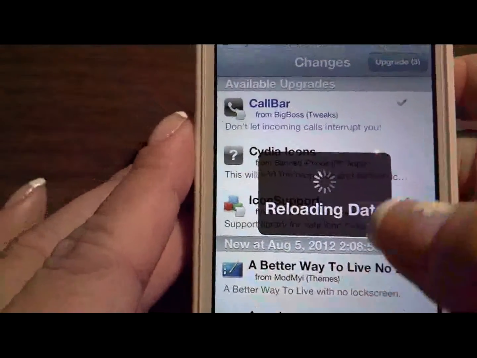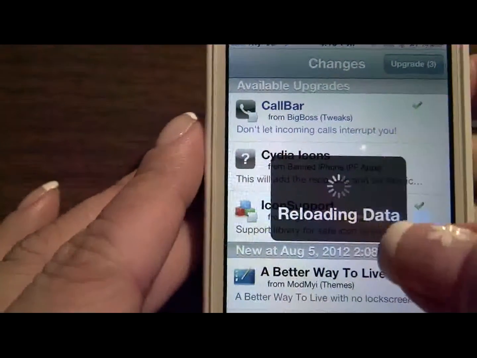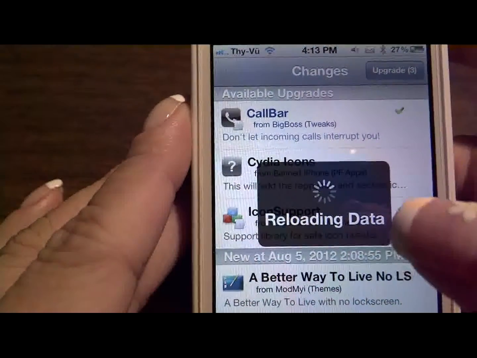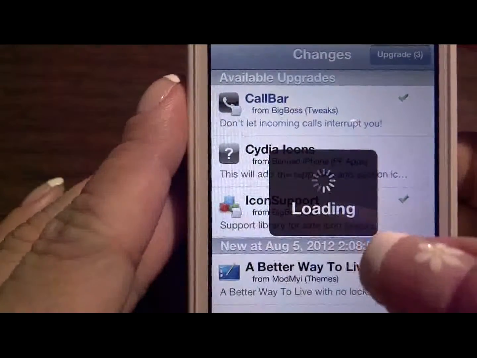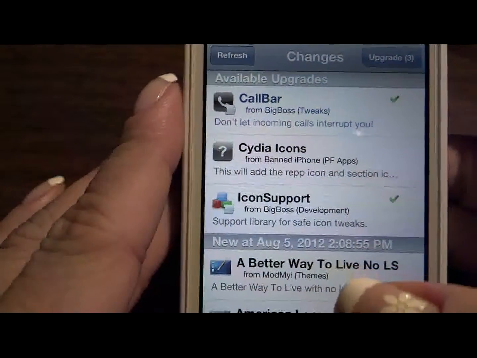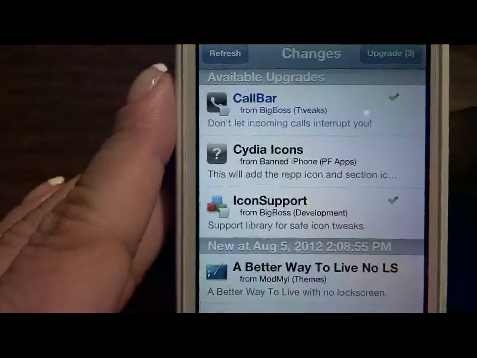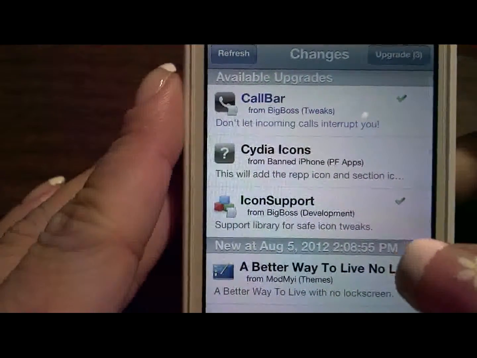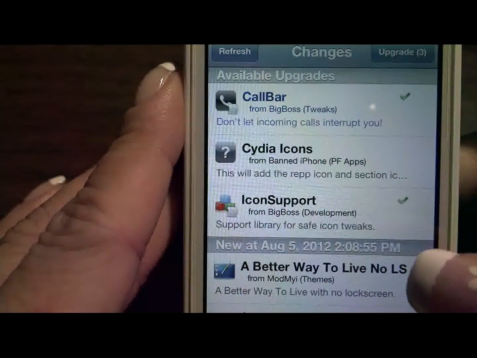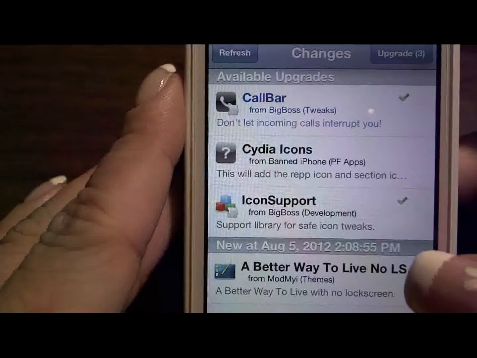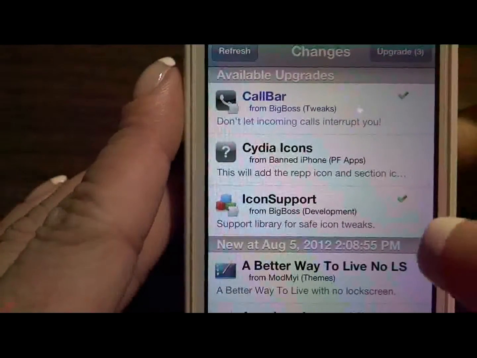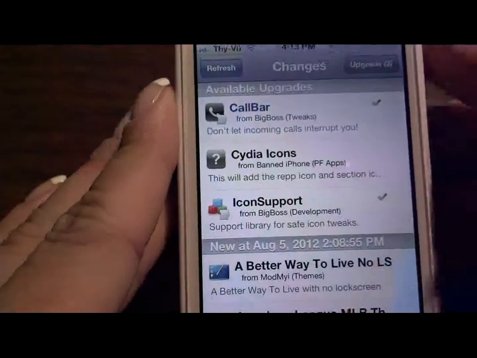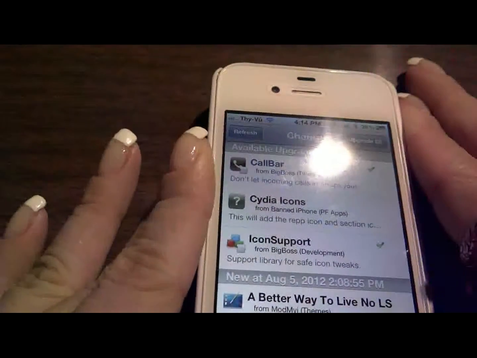Instead of clicking update for everything at once, it is best to do it one by one. And trust me, even though it takes a little more time, it will be safer, and it will allow you to know right away if something conflicts or doesn't work, so you don't have to figure out which one just caused it, because